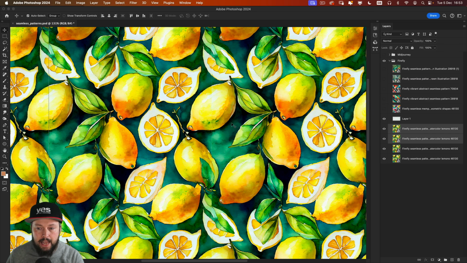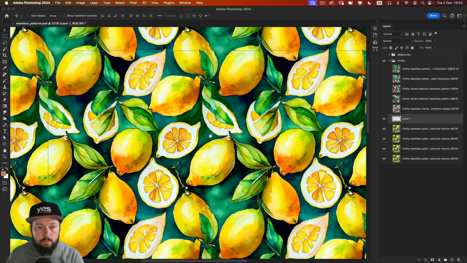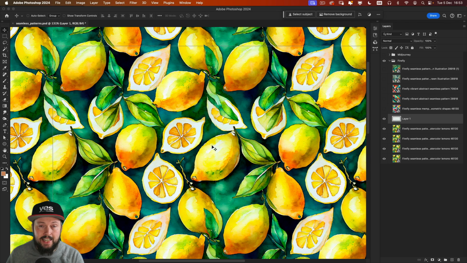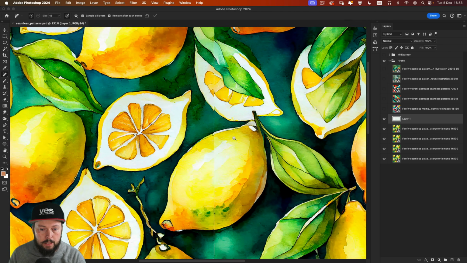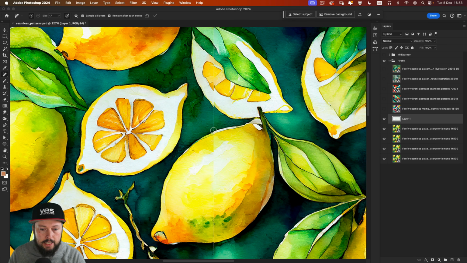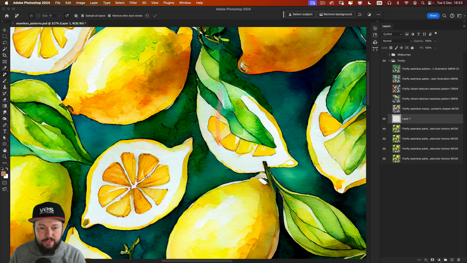But the best thing is that now on that empty layer that we created earlier, we can actually paint over all the edges in the center of the canvas. So by using the remove tool again, I'm just going to zoom a little bit closer and we can fix these edges beautifully. So there is one of these edges. And we can just paint over all of this area here over the lemon. Let's just paint over this bit here as well. And you can see the remove tool is actually doing a brilliant job.